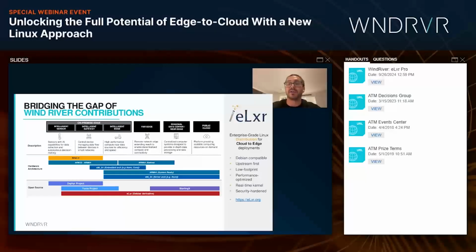It gives people the opportunity to have a much easier experience applying best practice security configurations, enabling more secure application development and just a more secure device in general.